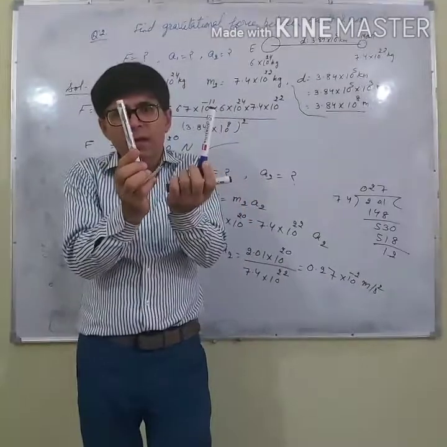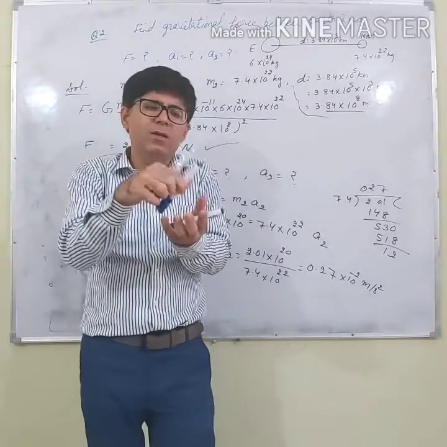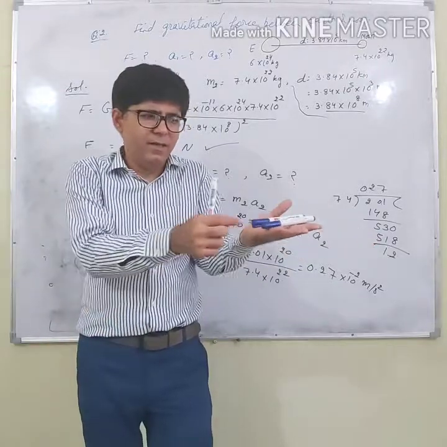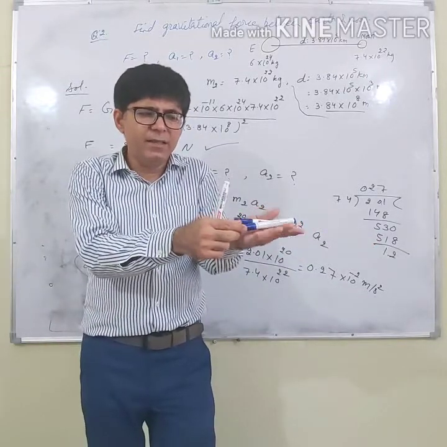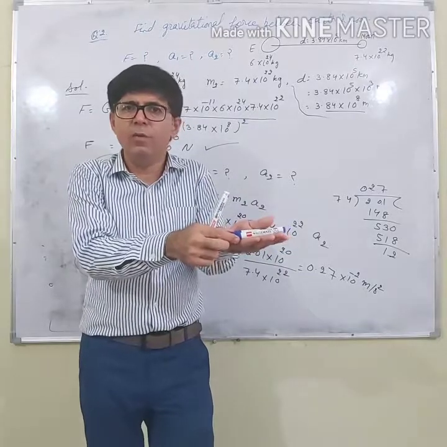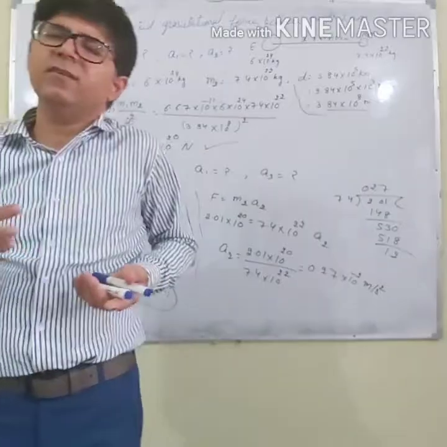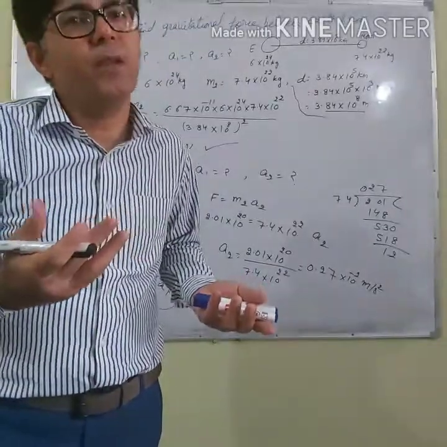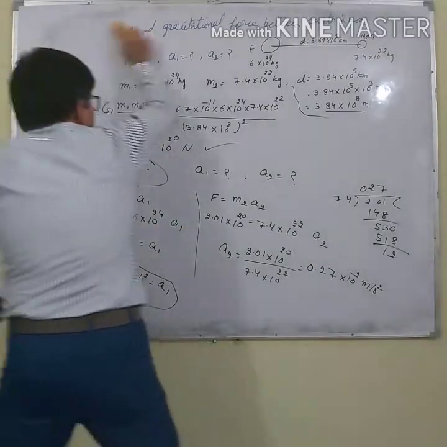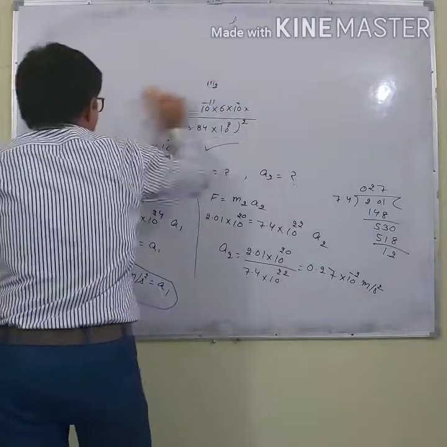These are the two markers, but these two markers are not attracting each other. Let me keep these two markers here. They are not attracting each other. If they were attracting each other, definitely, just like pieces of magnet, they might be moving towards each other. Why don't we see this effect in our day-to-day life? Let's check it out, and I will explain again with the help of an example.